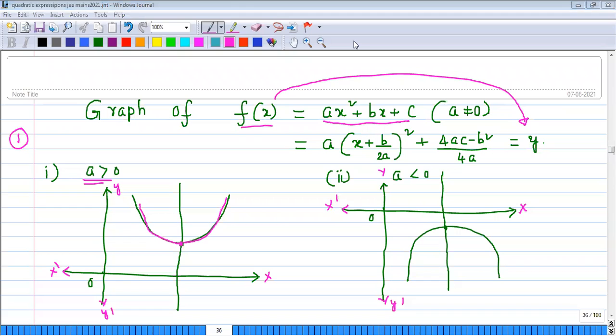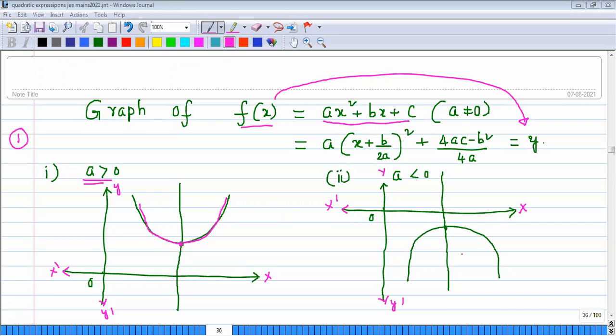So what do you observe from these two graphs? The shape of the first graph is a parabola and the second graph is an inverted parabola. Keep the microphones up and just speak out, so we'll get the clarity. First one is parabola, sir. Very good. Second one is inverted parabola. Very good. Upwards parabola, it's called downwards parabola. Okay, inverted parabolas, no problem.